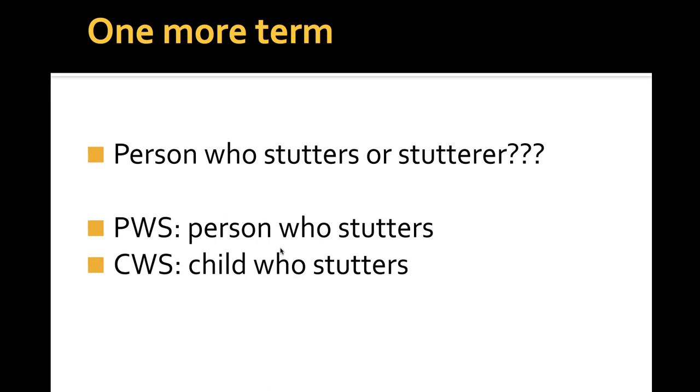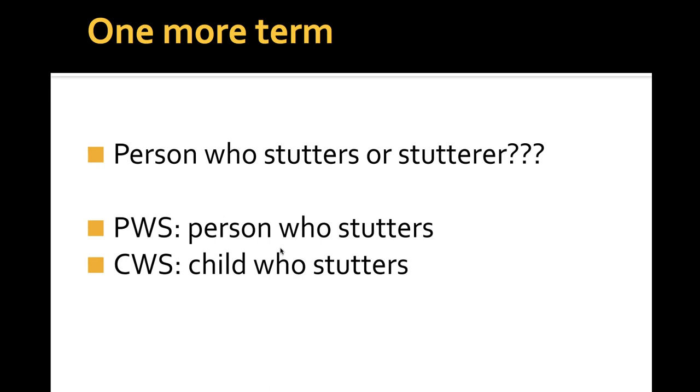No, she'd be fine with that. And the reason for that is that running's not a bad thing. So what if stuttering wasn't a bad thing? What if having autism was not a bad thing? Then it would be okay to be a stutterer or an autistic or whomever. So I use these terms interchangeably,